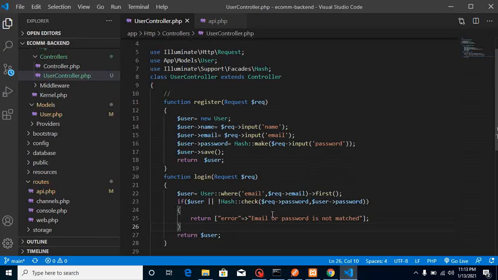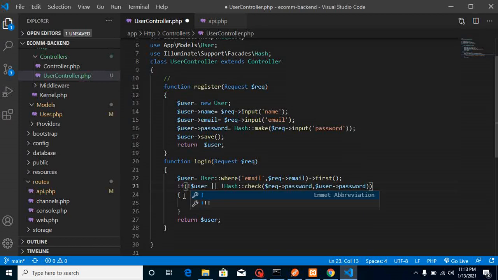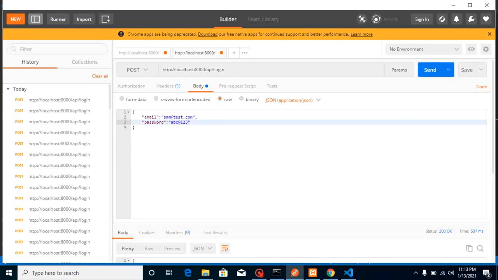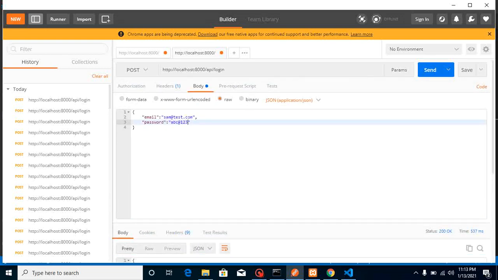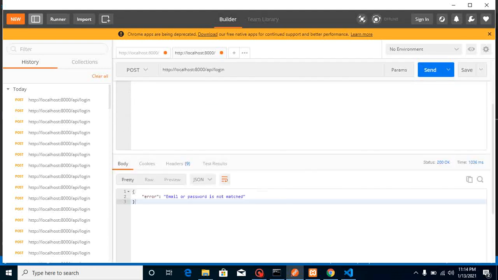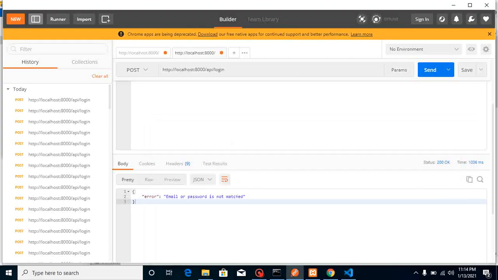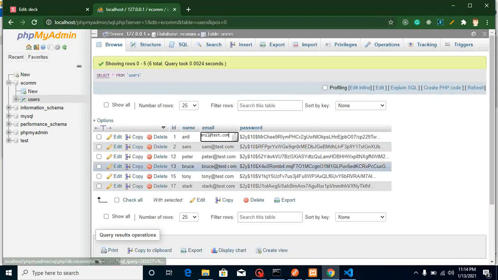So let me check what the problem is. Yeah, I must use the not operator here, because the check is whether the user is blank or this password is not matched, right? Let's check once again, and now you can see that we got the data, right? That's working fine. So let's say I send a wrong password like 000 or something, which is actually wrong, then it will tell us email or password is not matched. That's great. So now let's check it with another user, and after that we can confirm that this is working fine. So let me check it with Peter also.